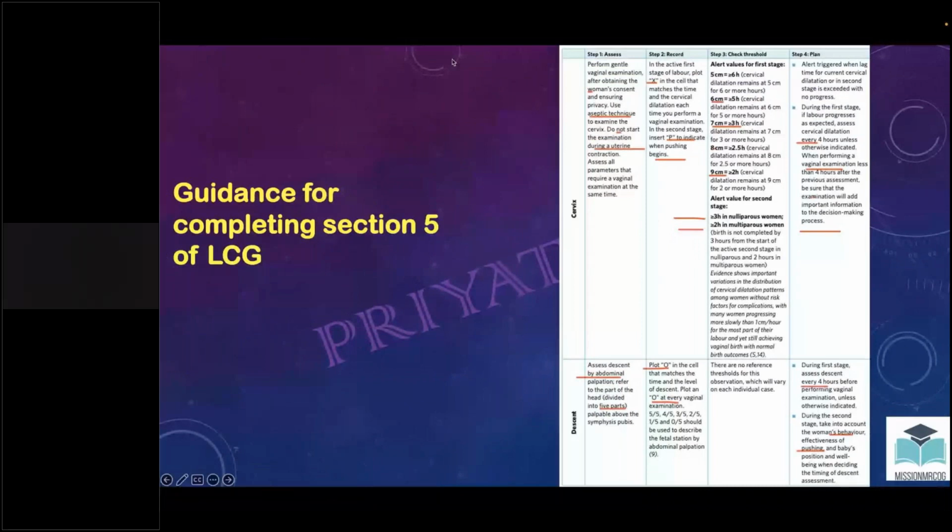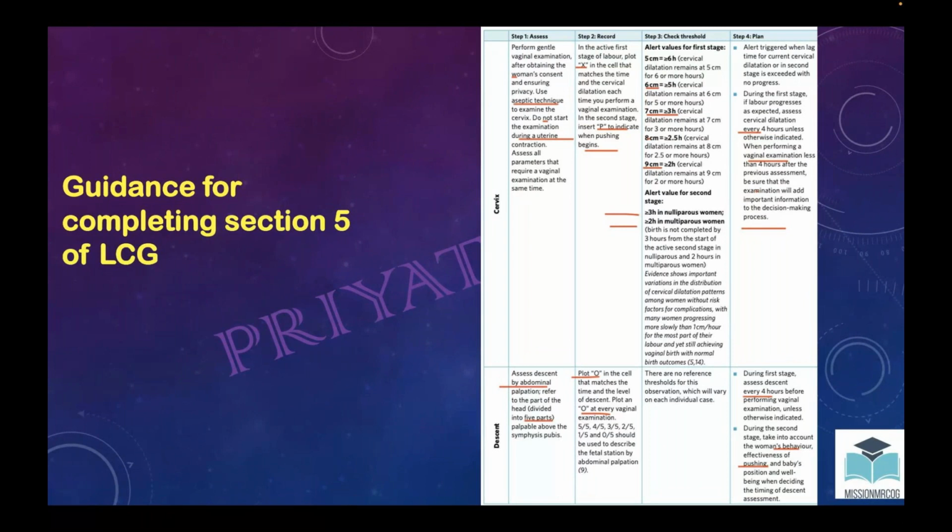So, these are the alerts for the first stage of labor. If the patient is at 5 centimeters and the duration is more than 6 hours, then it is an alert. You will put a red mark there. If the patient at 6 centimeters is more than 5 hours, then also it is an alert. If the patient has 7 centimeters and 3 hours have passed with no progress, then it is